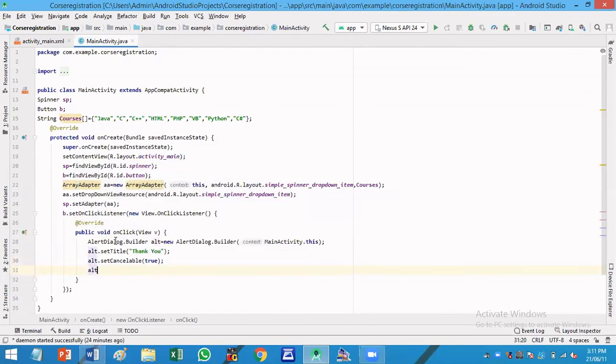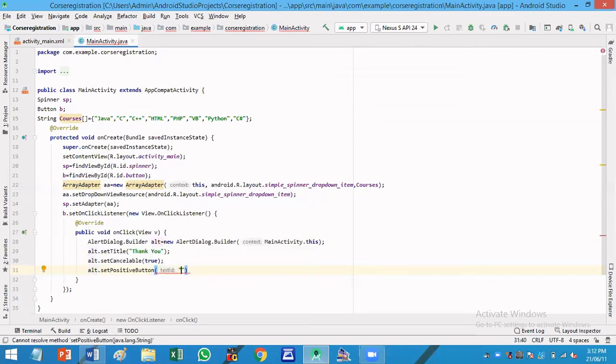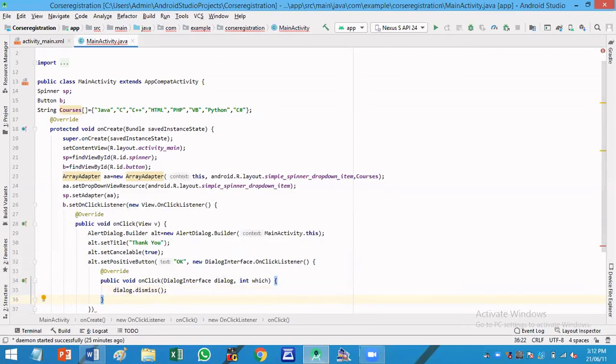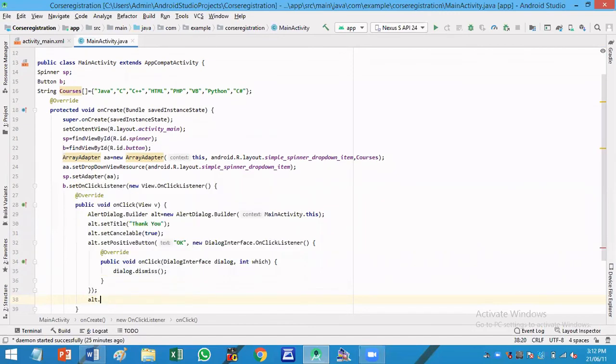And next I'll create an alert box with OK button. Hence I'll write alert.setPositiveButton within parenthesis OK, comma, new DialogInterface.OnClickListener. Okay. And within this public void onClick(DialogInterface dialog, int which), just write dialog.dismiss. Okay. And after this semicolon, after closing the setPositiveButton function, next you have to write alert.show,